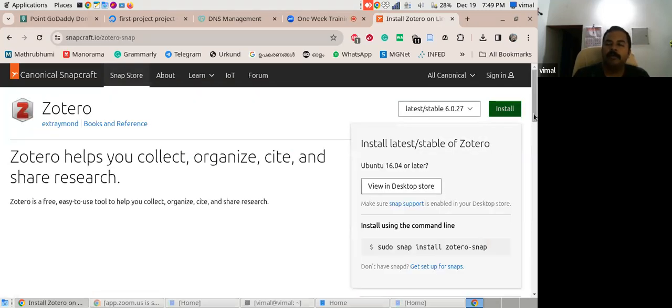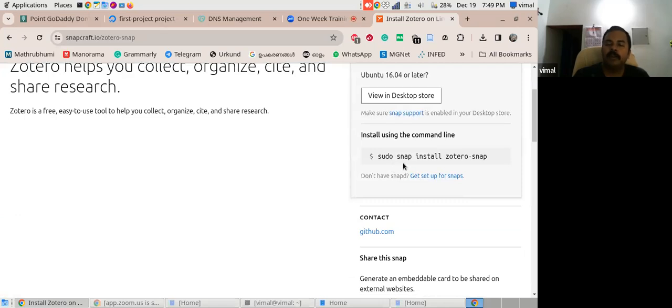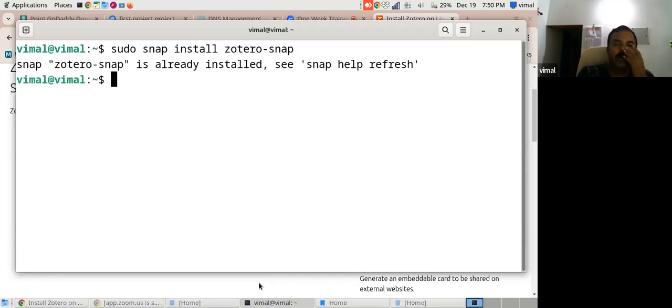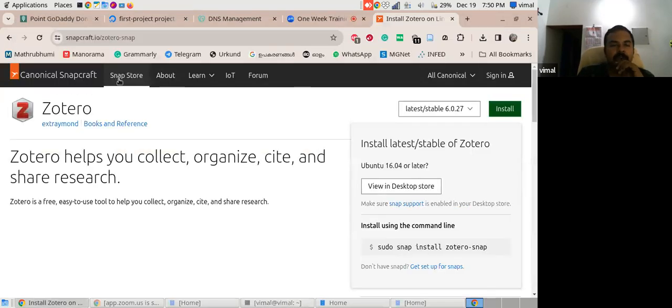Actually, this is the command: sudo snap install zotero. This is the package name. Instead of apt, we use snap. Instead of apt install, snap install. We can type sudo snap install zotero. Okay, it's already installed. If you want to install one more package,